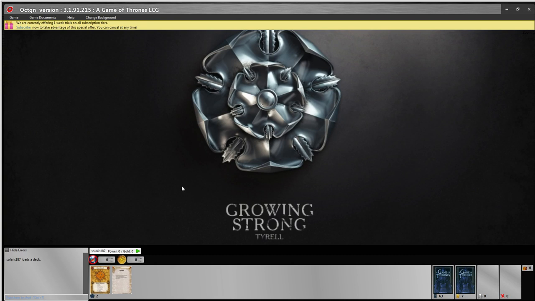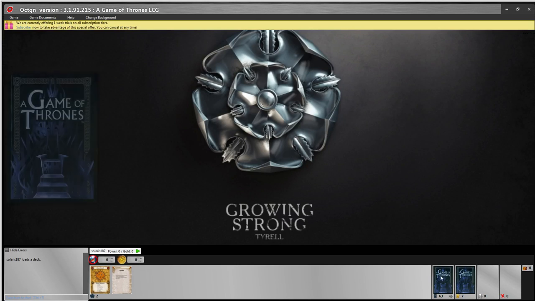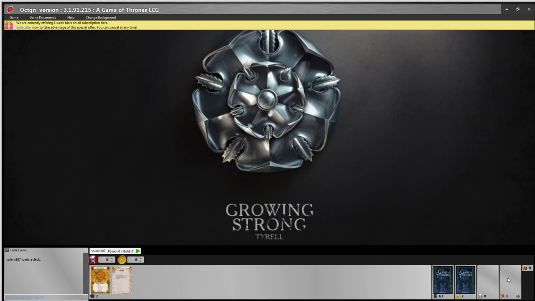So down here, going from left to right, you have your chat box. You can actually increase the size of this within the game if you want. You also then have your hand. So the big long bar down here represents your hand. And then to the right of that, you have your actual deck itself. You have your plots, your dead pile, your discard pile. And if you're playing Black Sails, this little button that I moused over right here, this is for your hold. You can actually double click that to expand it,